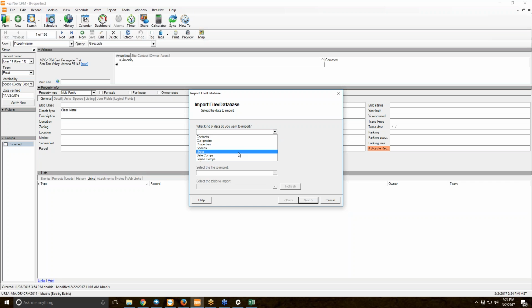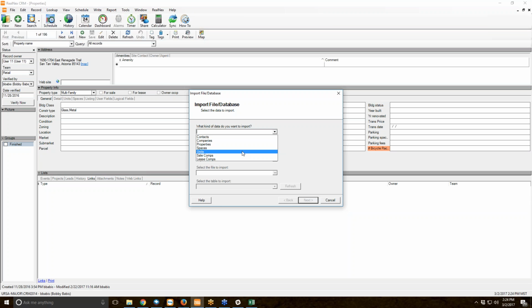Spaces, units. Spaces would be for leasable retail spaces, office spaces, industrial spaces, as well as potentially the tenants that lease said spaces and how they tie back to properties. Units is going to be for multifamily mixes where you have multiple rows of data for each property, each one representing a specific unit mix. Sales comps and lease comps. Sale comps are going to be very similar to properties, but also include information for who the seller is, as well as the